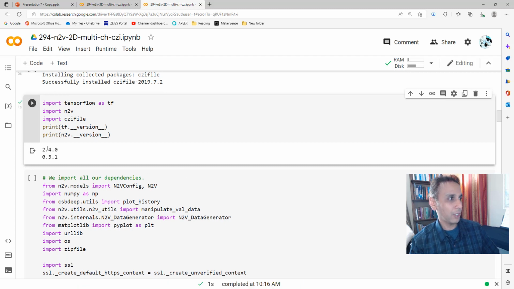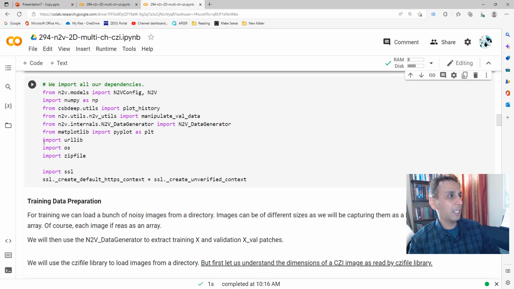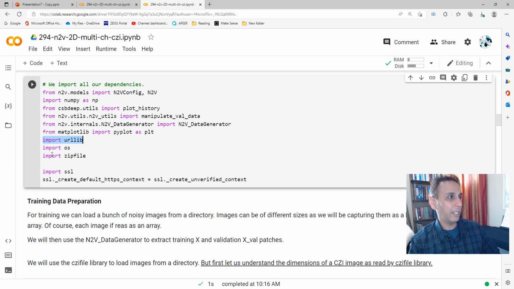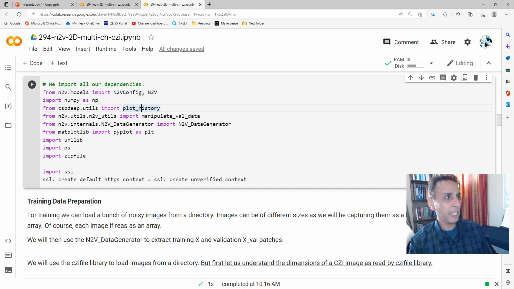So our TensorFlow is 2.4 and our Noise2Void is 0.3.1. Moving on down, there are a couple of lines that we can probably delete, like urllib and import zipfile, and these lines, because we are only going to use pyplot and all the N2V libraries right there. Of course, we're going to plot the history after training, NumPy, and N2V for the model,